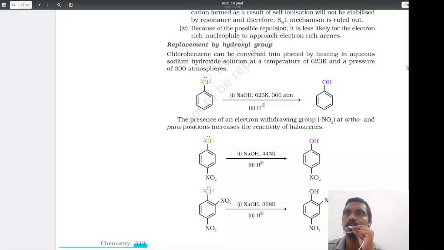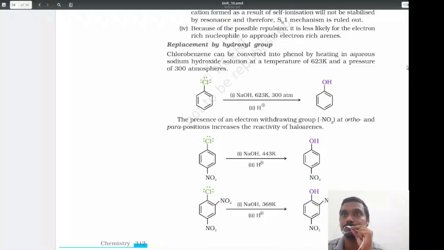So here you see what happens when you react your chlorobenzene with sodium hydroxide. Now you do see that the reaction does occur and you get phenol, where the chlorine has been replaced by an OH minus group, but you need to perform this reaction under very high temperature and pressure. So that's how difficult it is to substitute a chlorine in a